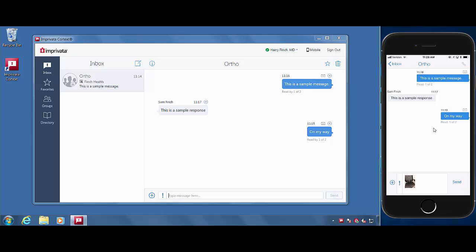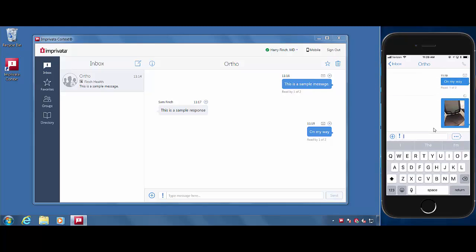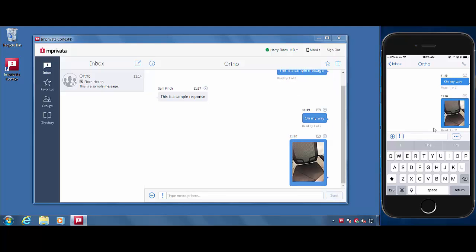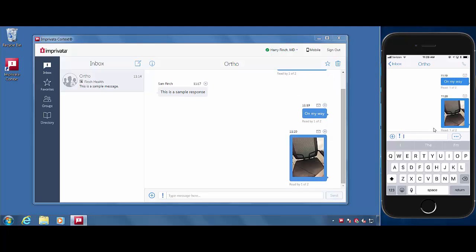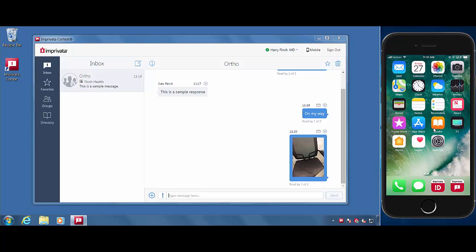If this photo was something less innocuous than an office chair, let's say it was a picture of a patient's wound, etc., you don't want that image being shared with other entities outside of Cortext. So when we capture and send a message in the context of a Cortext conversation, and you see there the synchronization between the desktop application and the mobile application, you can be assured that it remains inside of the Cortext